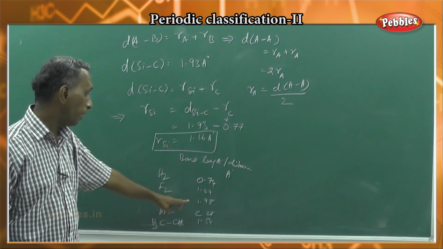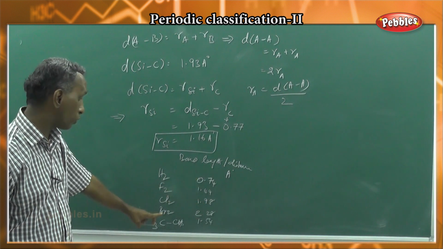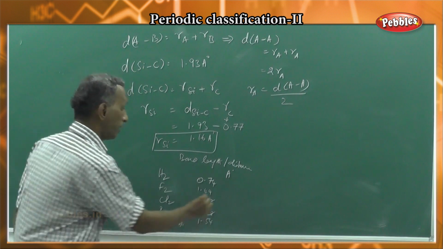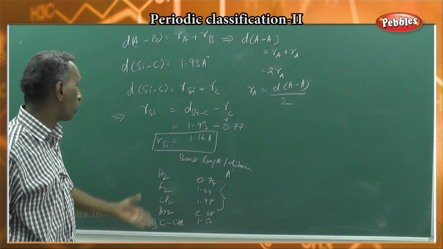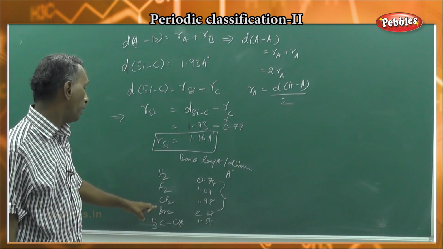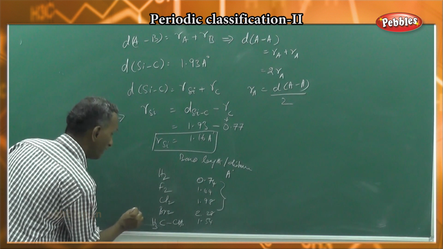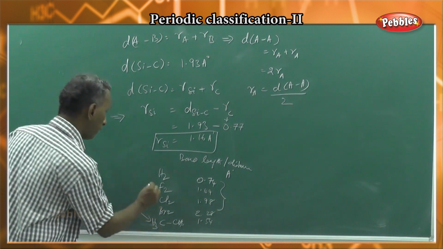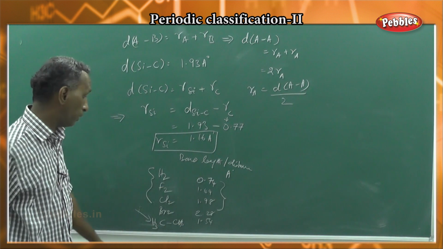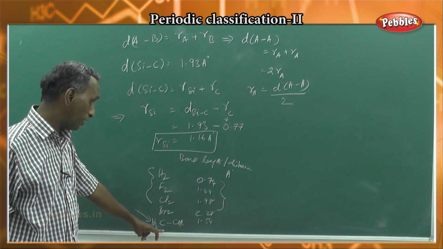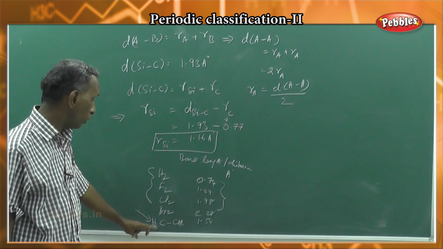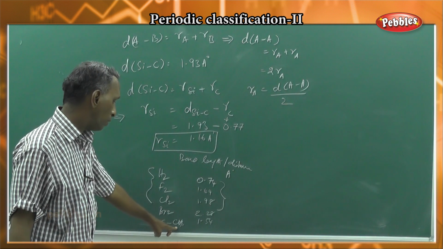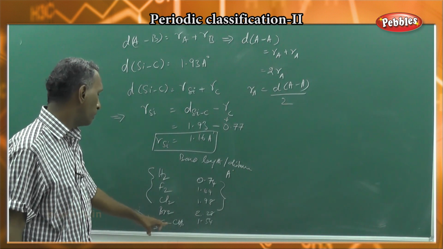Similarly, the radius of chlorine atom is 0.99 angstrom. The radius of bromine atom is 1.14 angstrom. In all of these, the bond distances are twice the radius of the individual atom, but this is an entirely different molecule. It is ethane. So far we have seen homonuclear molecules, but ethane is not strictly a homonuclear molecule. Ethane is made up of two CH3 species connected by a covalent bond.